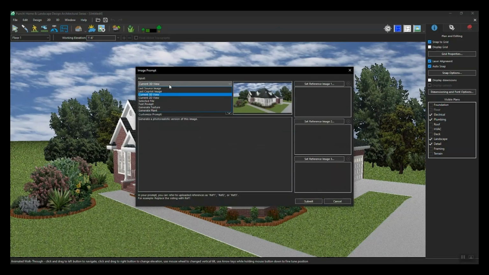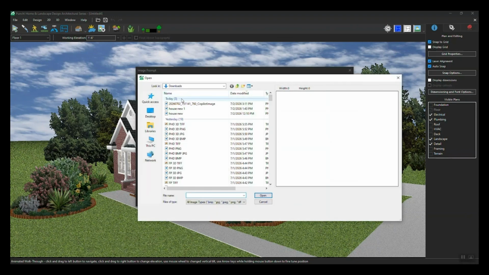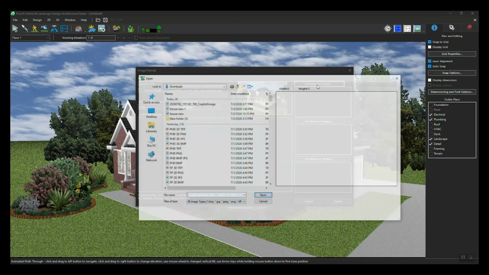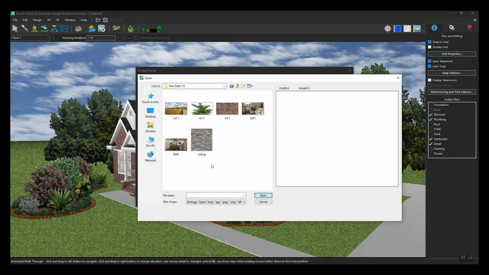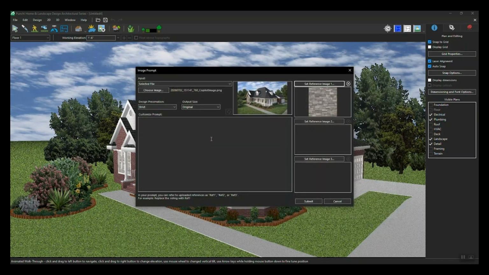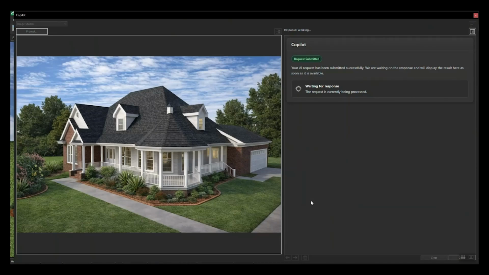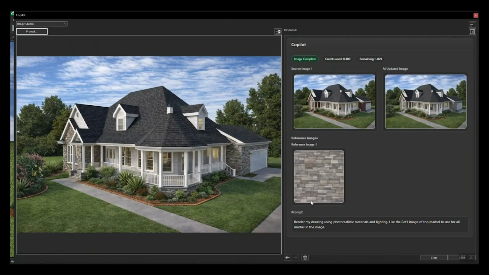Next, select the Selected File option from the Input drop-down menu and open the saved image. After loading the image, assign it as Reference Image 1, Reference Image 2, or Reference Image 3, depending on your requirements. Multiple reference images can be added to provide additional visual guidance. This allows the AI to combine characteristics from different images and generate results that more closely match your intended design